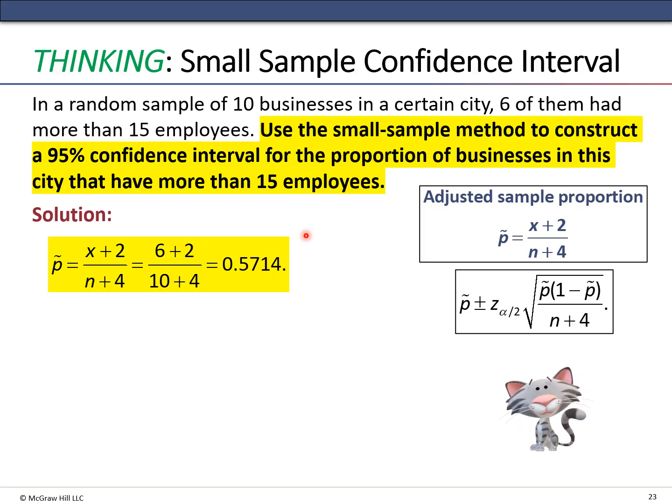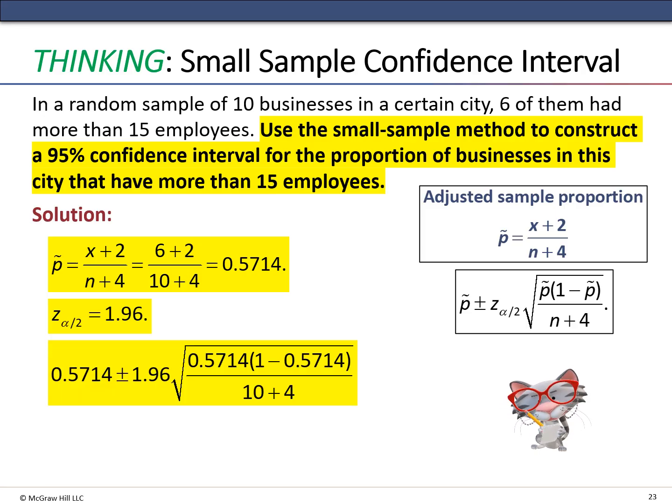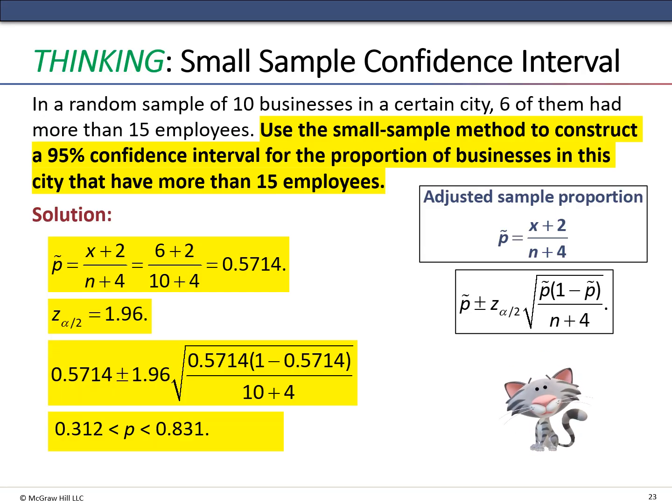For a 95% confidence interval, we're still at that critical value, or Z alpha over 2, 1.96. And so we just plug in the values and we get that we're 95% confident that the population proportion is between 0.312